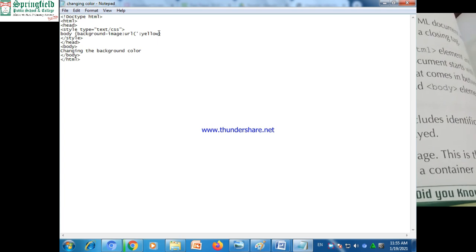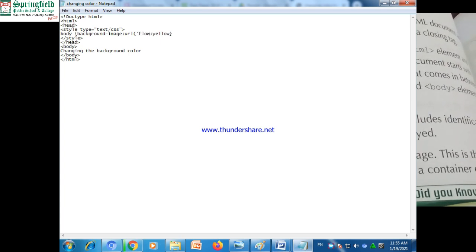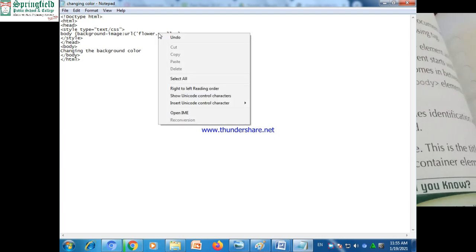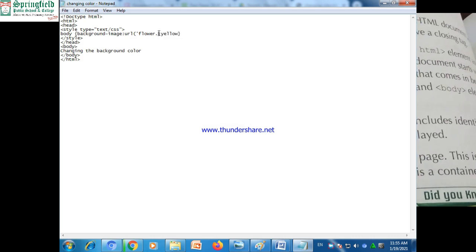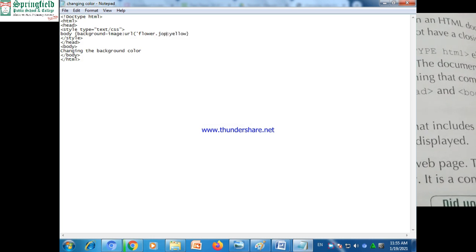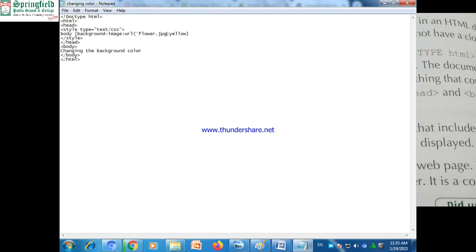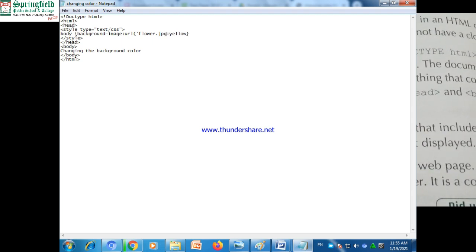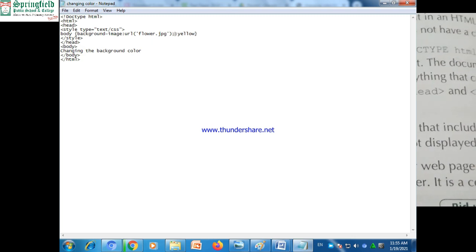The HTML head is a container element that includes identification and additional information about the document. Most of it is not displayed. The head will not display, but it tells the browser that we are working with HTML and it's a web page. The title will display, whatever title we write between the title tags will display on our web page.